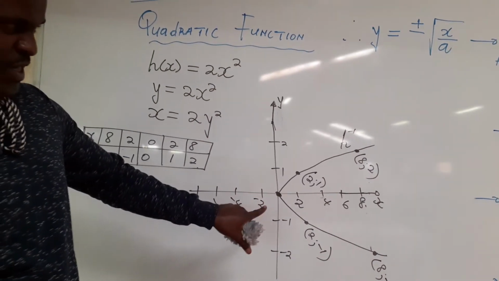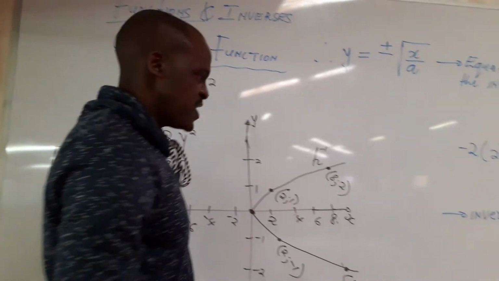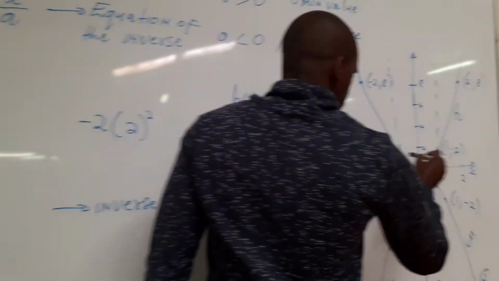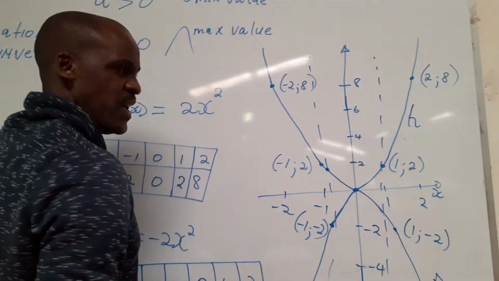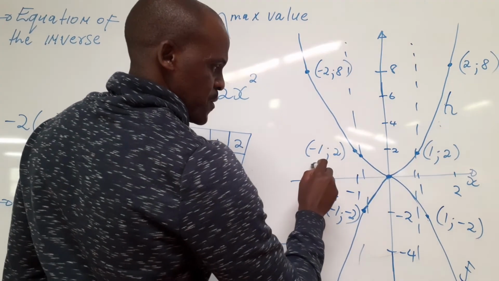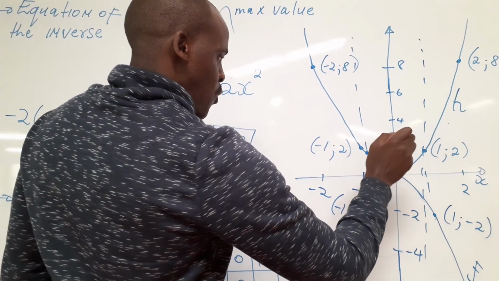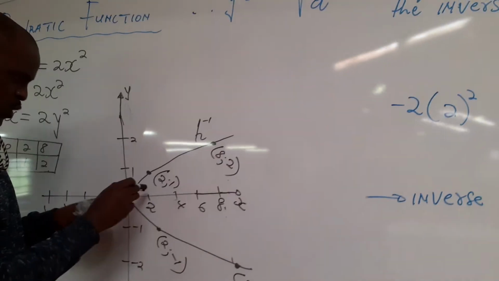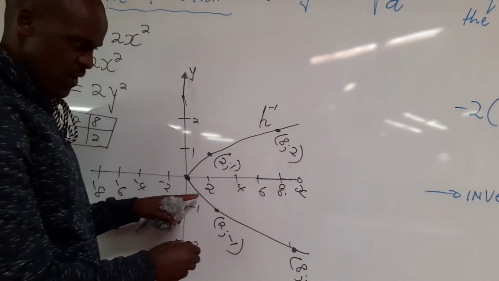On that situation, we said a function must have one value of y for two values of x. That's a function. But if it has got one value of x with two different values of y,